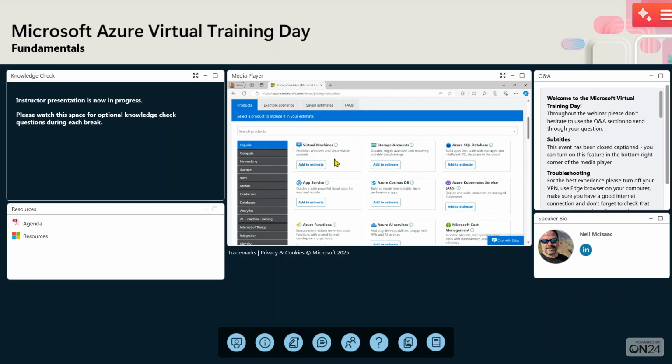So I'm going to add virtual machines to the estimate here. And it's actually added to an estimate that's towards the bottom of the page. We can jump to it right now, but I do want to add some other things. So let's add a storage account as well. And we could continue on and keep adding different types of services that I want to get an estimate on. Once we have a couple of things though, then what we're going to do is simply scroll down and